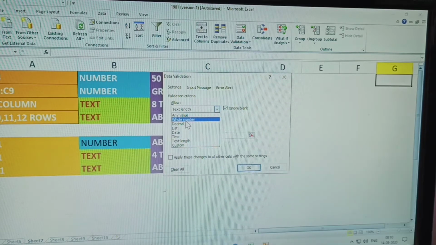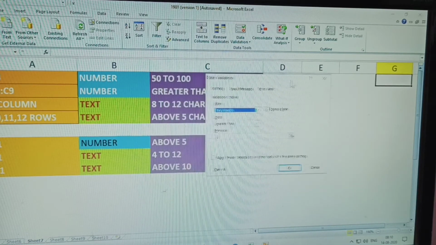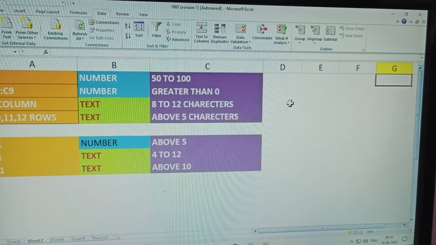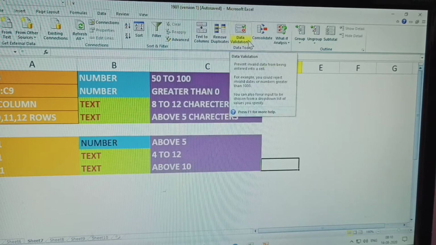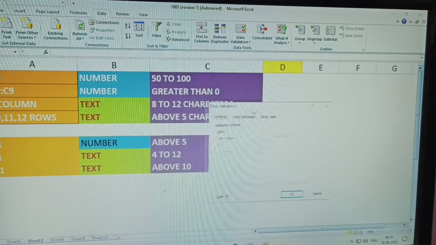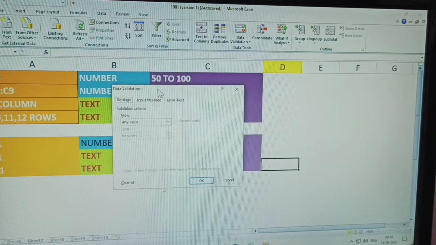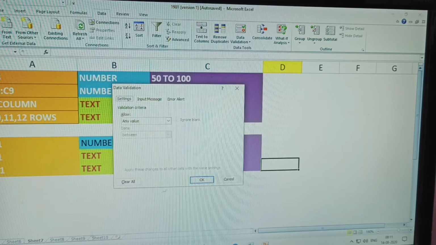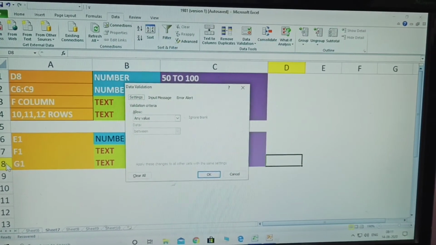Here, what is given? First condition, numbers in D8. First, before this, select the cell; the cell cursor will be blinking there. Click on it. After clicking, choose data validation. After selecting data validation, the dialog box opens. Now, the first condition, how to give that? See here. What is the first condition? D8. This is D, this is 8. When you click here, the yellow color comes. No problem, select it carefully.